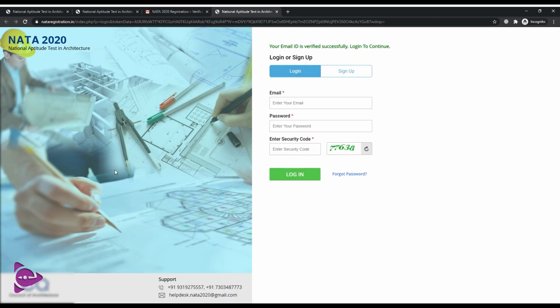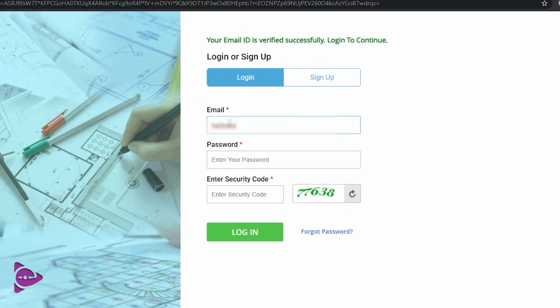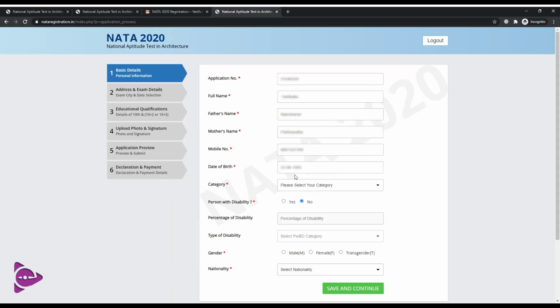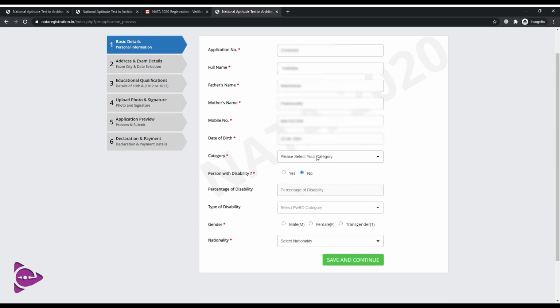It will open in a new tab. Now you will be able to log into the application portal. Type in your email ID and password and also the verification code which is displayed on the right side, and click on login. So now you have entered the login portal. There you have to fill in some more details about your education, everything which I'll be showing now. These details we filled in before, but this category we haven't specified yet. So you have to specify the caste category. You should make sure with your parents which caste category you belong to.